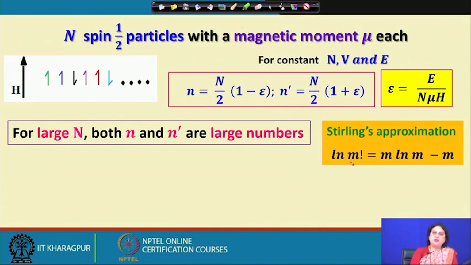So, if m is a very large number, in that case natural logarithm of m factorial, it can be very easily approximated as m multiplied by the natural logarithm of m minus m. So, as you see that if you use your calculator and try to calculate the factorial of a number, this number becomes